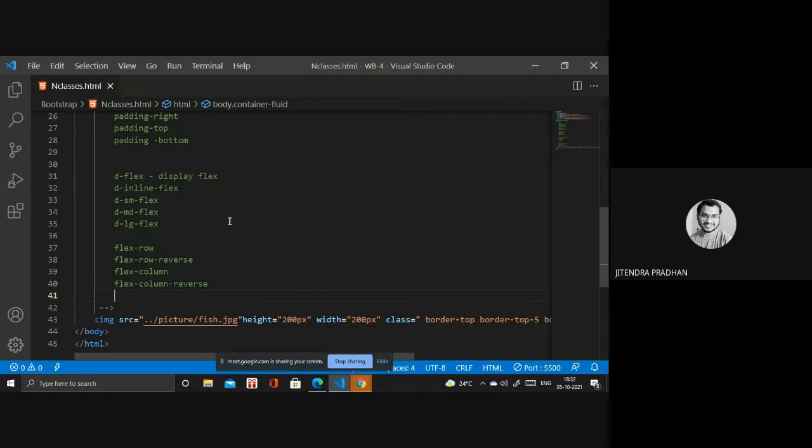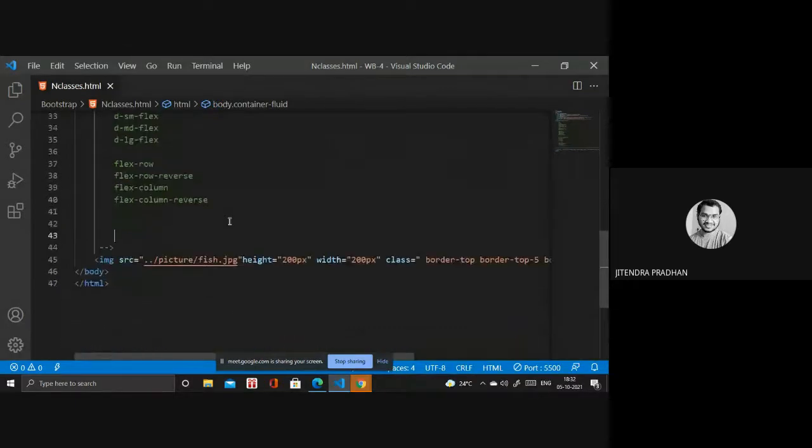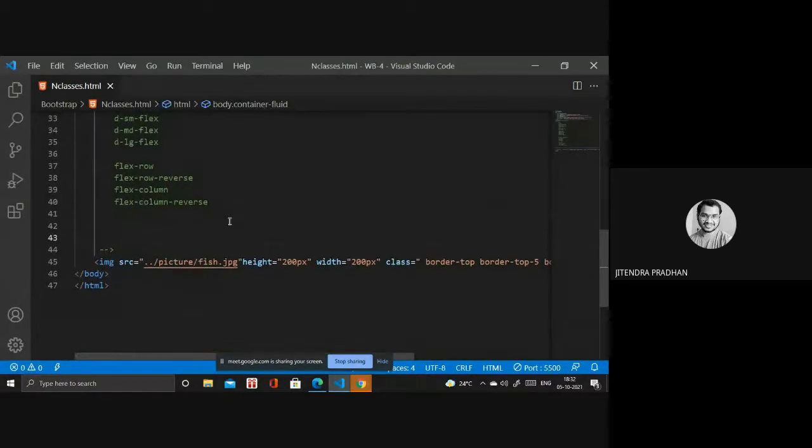And for justify content, we use space between, space around, space evenly. What is the class we need to use inside Bootstrap? We are using justify content start, and justify content end. I will copy that one.